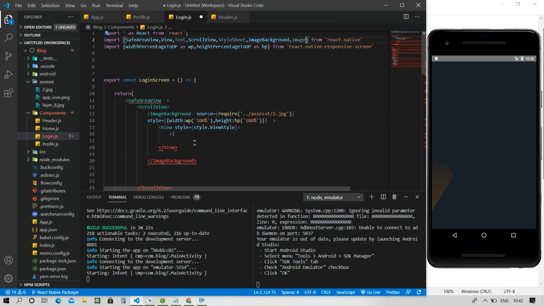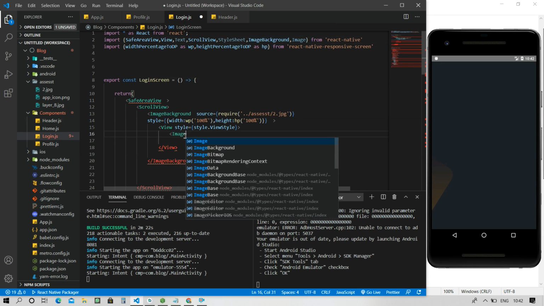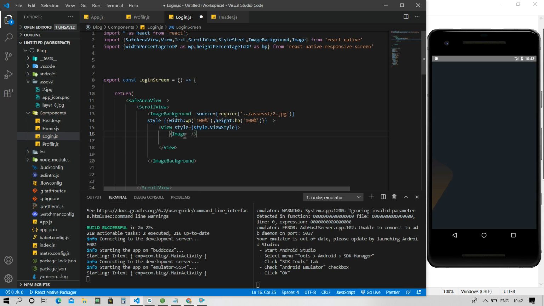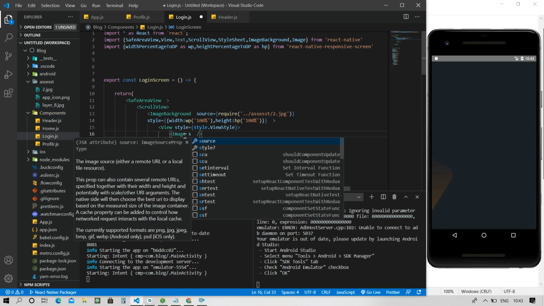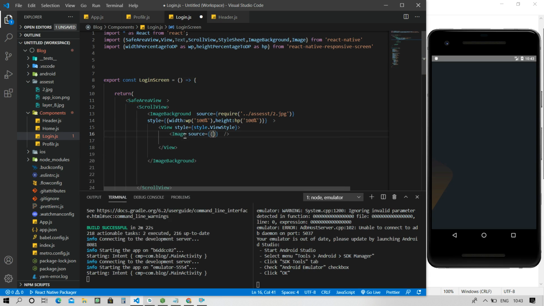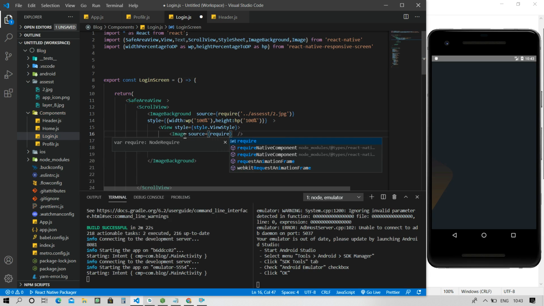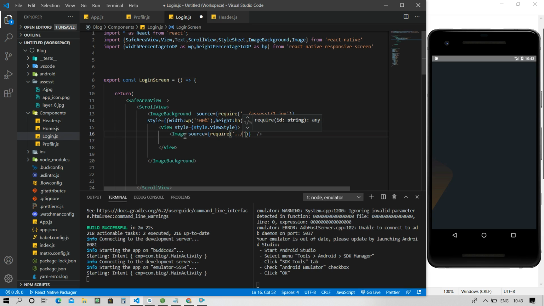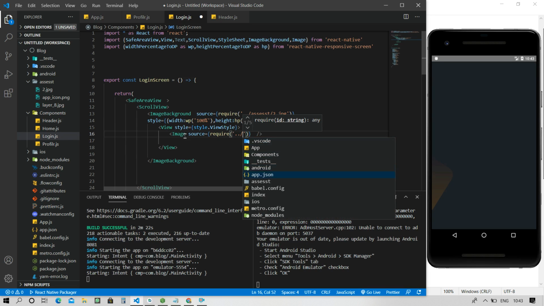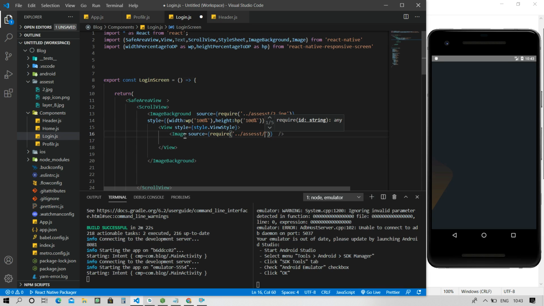Now I can easily use Image, self closing, with source require. Now you can go to your assets and I am using app_icon.png.